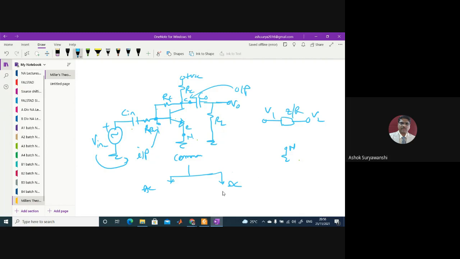So in case of a DC circuit, the capacitors will be open. The moment the capacitors are open, your source is disconnected, the load is also disconnected, right? So what will be your circuit? RB becomes redundant. So your circuit will be only this much, the DC equivalent: plus VCC, RC, and this is your RF.